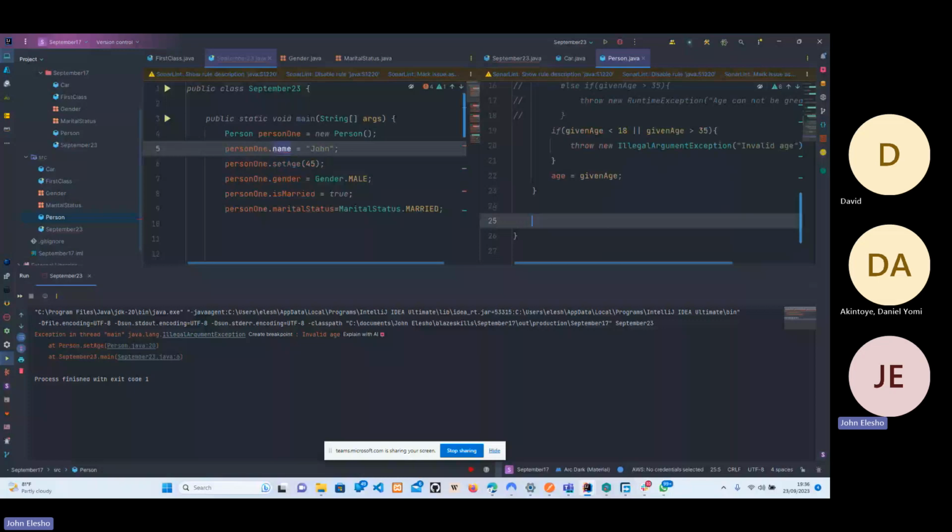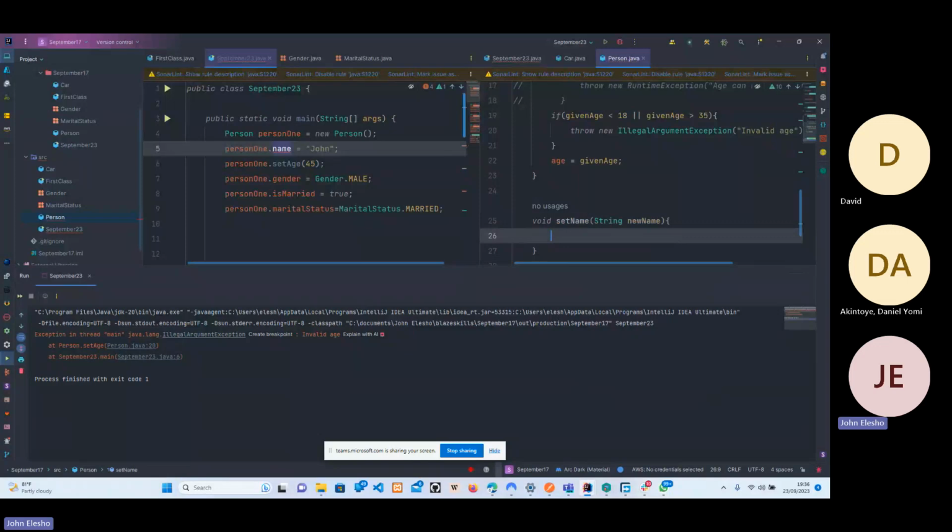Very setup for it. I'll do void set name. In this case, I'll give it a string of new name or something like that. So how do I check for a string that has